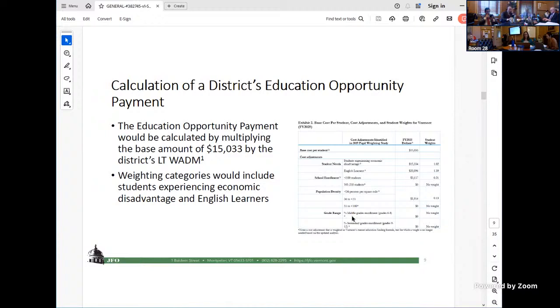So you could have a student from an economically disadvantaged background that's an English learner in a sparse, well, the sparsity in small schools is aside, but an English learner from an economically disadvantaged background with a disability, that student would receive each one of those weights added together, and that would be added to the district's pupil count. So like $54,000. Mhm. Okay, so if you added up that whole column, because a student hit all of those categories, that amount is what we're talking about a district could get for that student. For that student, if they were in all of those weighting categories, that's correct.